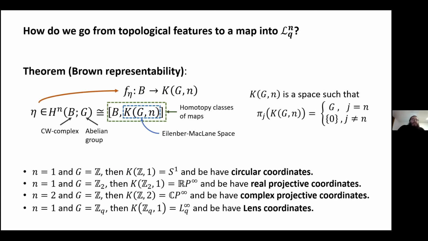Depending on the different combinations of n and groups that we take, we obtain different types of what we're calling coordinates. For example, for n equal 1 and G equals Z,